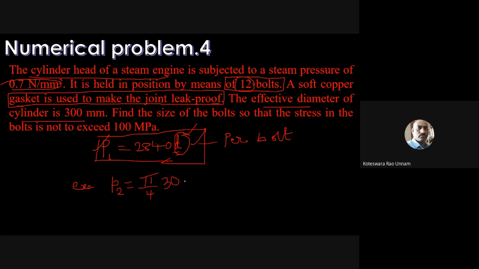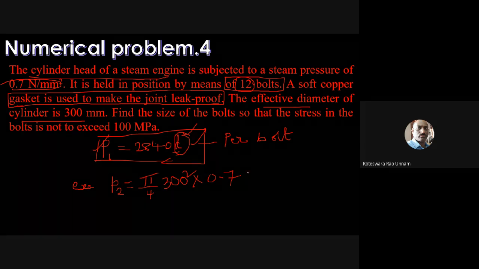D, capital D, you can use it here. Capital D is nothing but the effective diameter of the cylinder head. So π/4 into 300 square is going to be the cylinder area multiplied by the pressure, which is 0.7. So this is 9.48 kilonewton, sir. This is the load which comes from the cylinder head on the 12 bolts, but we want to calculate